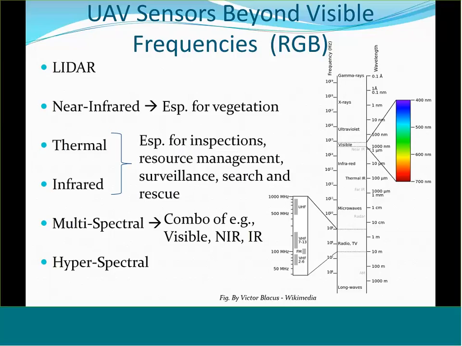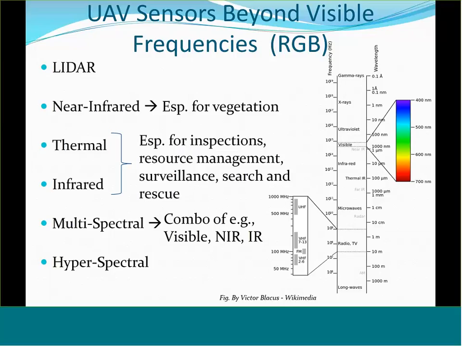Beyond the visible cameras, there are also other frequencies that we typically don't use that often that can also provide useful information. To the right, there is an image of the electromagnetic spectrum, and you can see that a regular camera will be looking at a specific range of frequencies or wavelengths that are visible, the red, green, blue, RGB, and these are the ones we can see. However, there are other wavelengths, other frequencies where we can also collect data, and there are cameras that can collect this information. So, for example, infrared collects